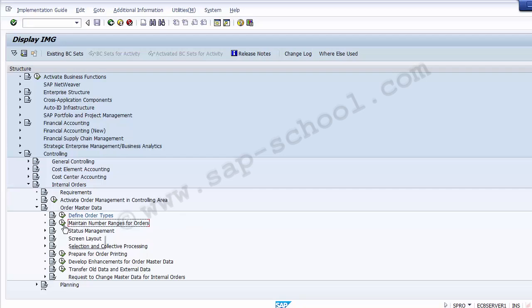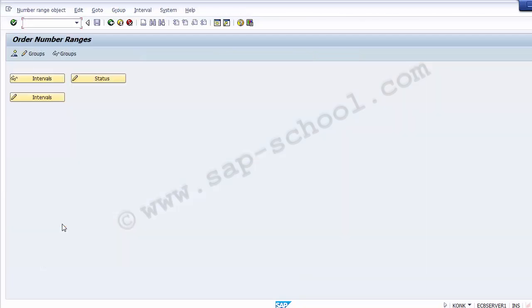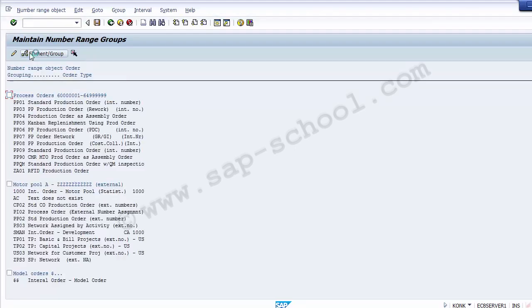Let's execute this option. Once I have executed, as you can see, the order number range screen is there. Now we need to click onto the groups, as on the screen over here, maintain groups. In this maintain we need to click onto this groups. Once I click onto the groups, it will take me to the next screen,